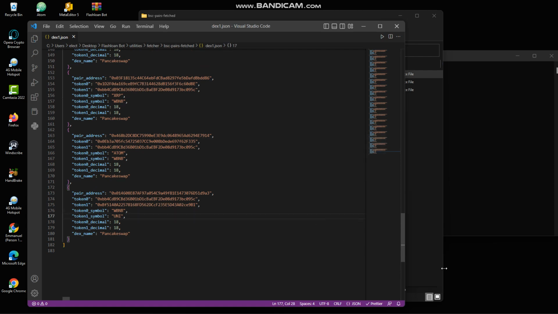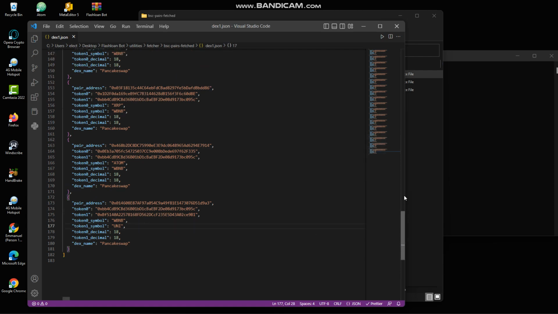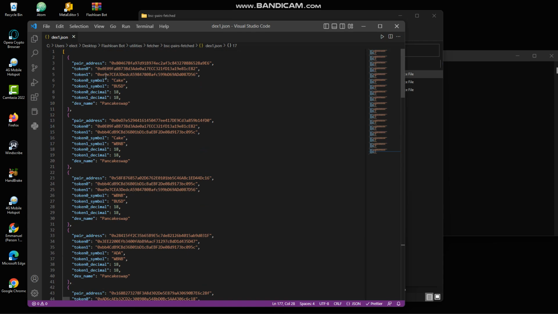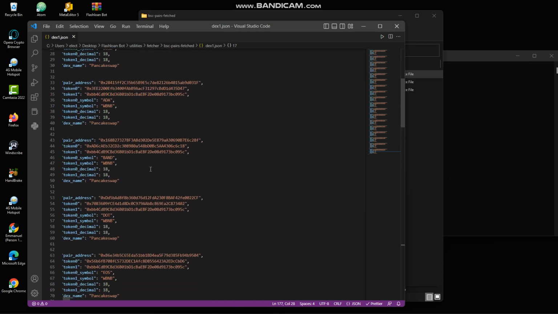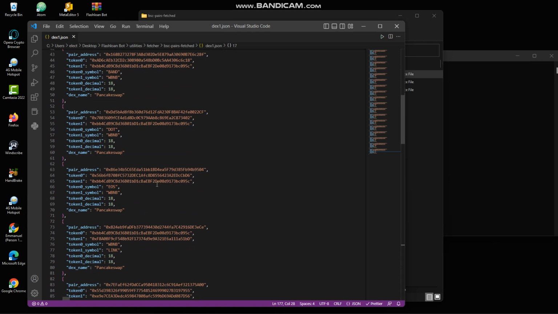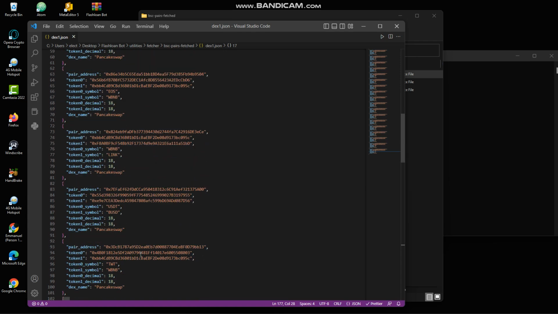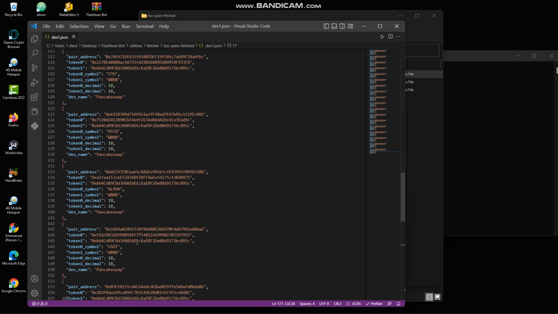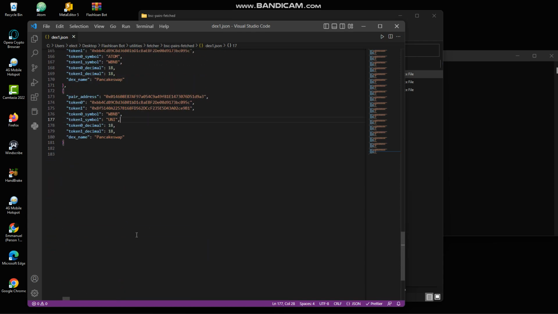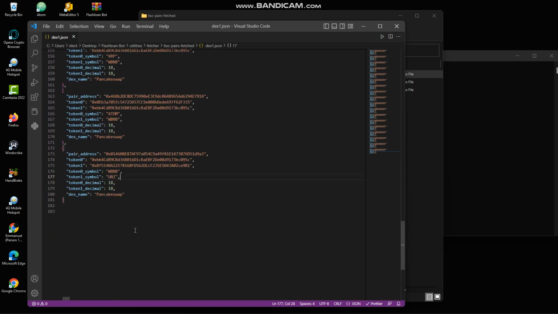Now from here we see that we fetched an additional 10 pairs. We now have 1, 2, 3, 4, 5, 6, 7, 8, 9, 10, 11. You see, we now have up to 20 pairs right now. So we have gone to fetch the pairs using